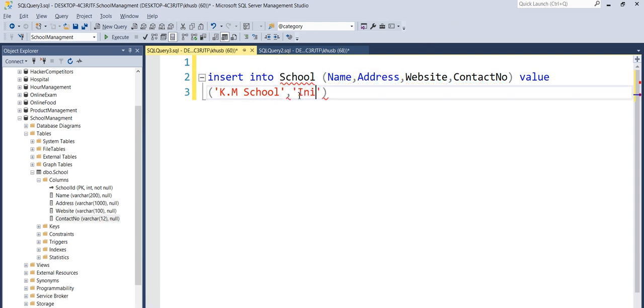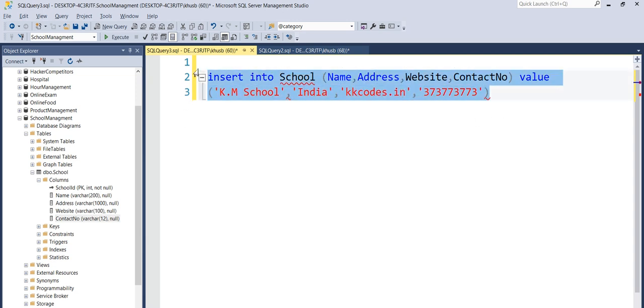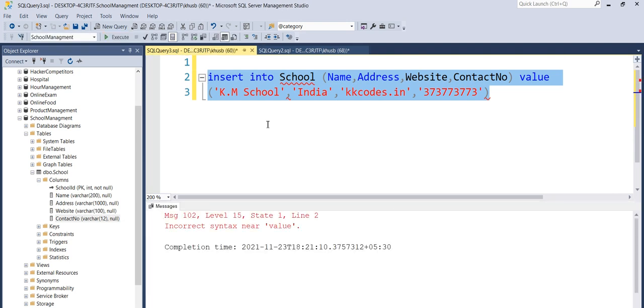So I will specify the address of my school. Then website of my school, so I need to specify the website. Then what is the contact number, so let's say add any number for now. And now you need to select all of these and click on execute.